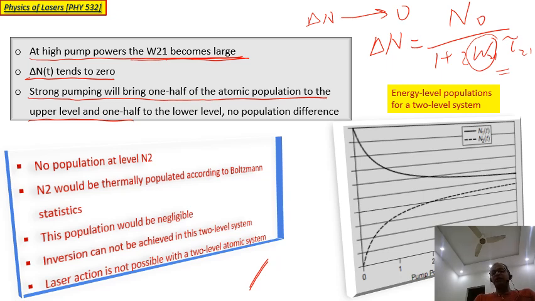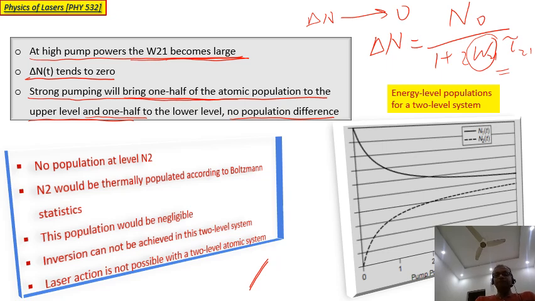तो ये क्या शो कर रही है? What it's showing is that if the pump power is stronger, तो क्या होगा, half of the atomic population goes to the upper level. So inversion develop करेंगे इस तरह. क्रिएट करेंगे, अचीव कर लेंगे, ठीक है। And 1/2 to the lower level, okay. So आधे ऊपर चले जाएंगे, आधे नीचे आ जाएंगे, there is no population difference, ठीक होगी बात।